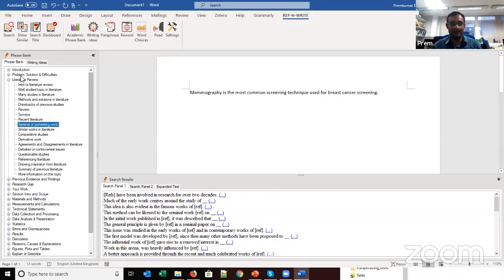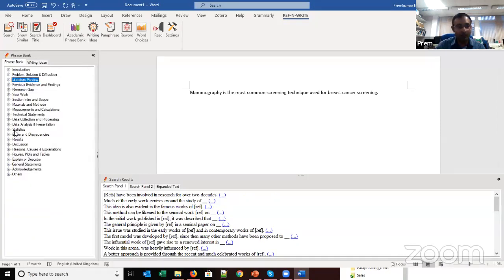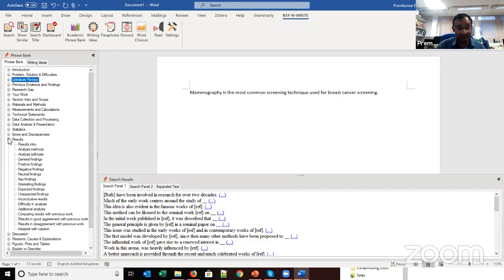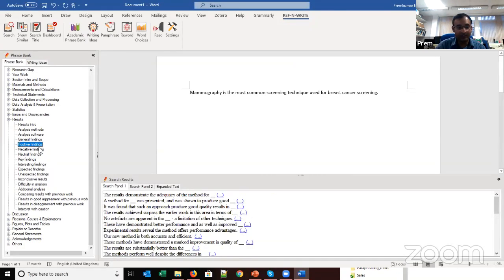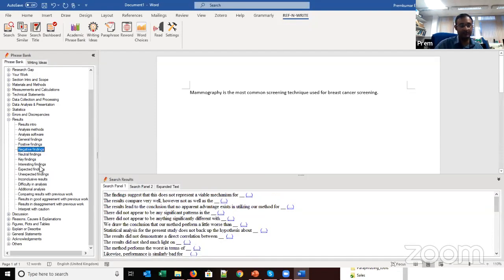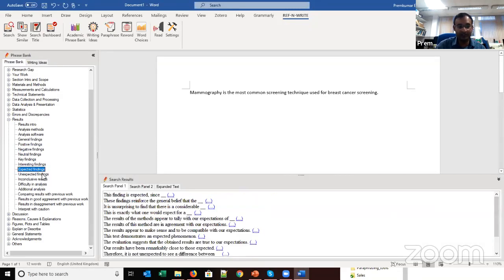So there are a lot of categories. It goes all the way from introduction to materials and methods, measurements, technical statements, data analysis, statistics, results, what type of results do you want to report? Is it a positive finding? Is it a negative finding? Interesting findings, expected findings, unexpected findings.